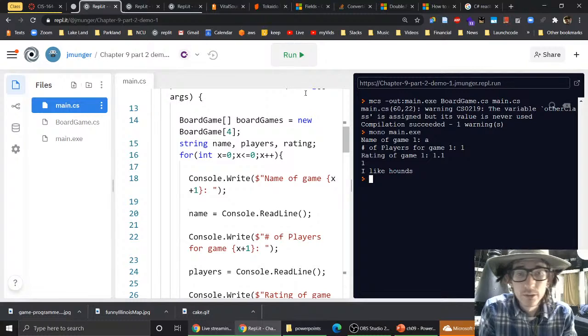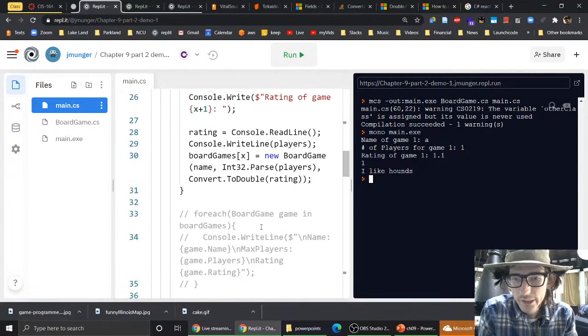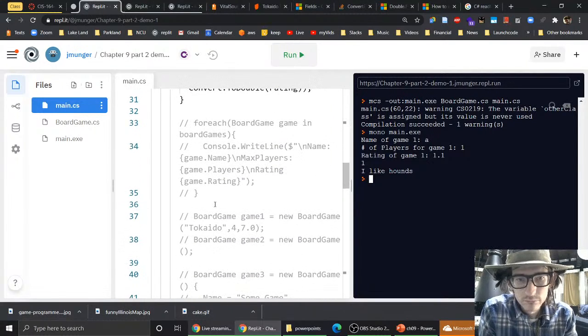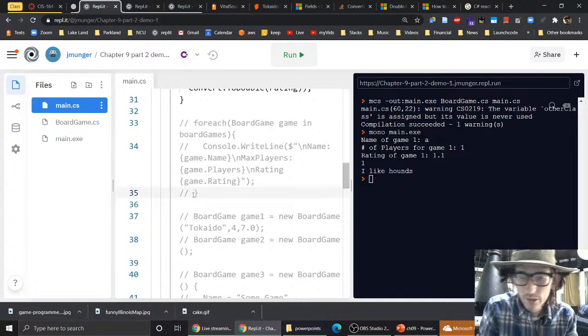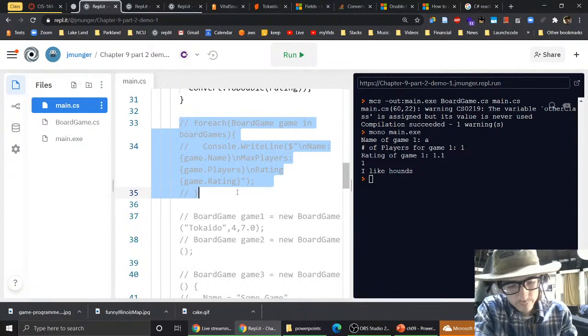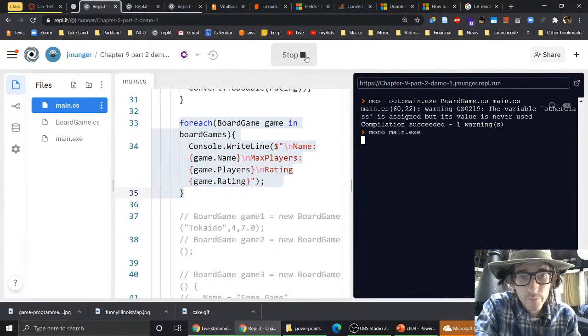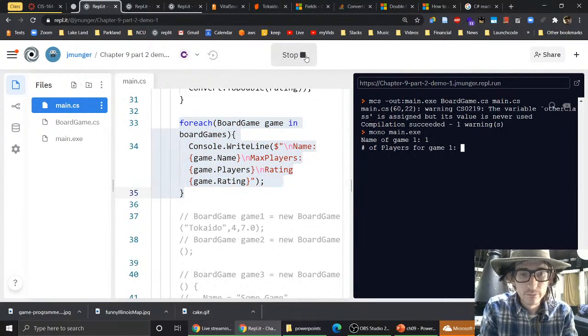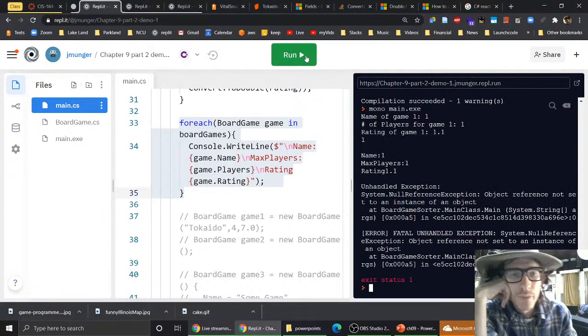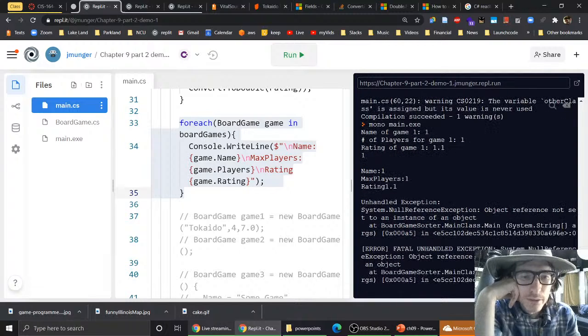And we are outputting some stuff there, but let's do it for here. Okay, so 1.1. All right, so it printed out, and then